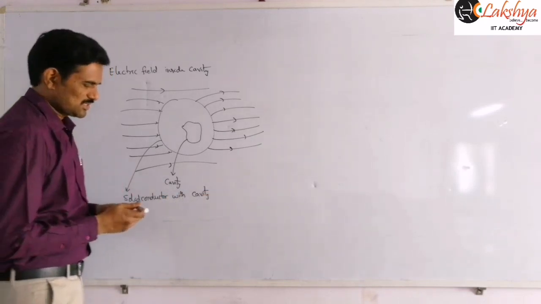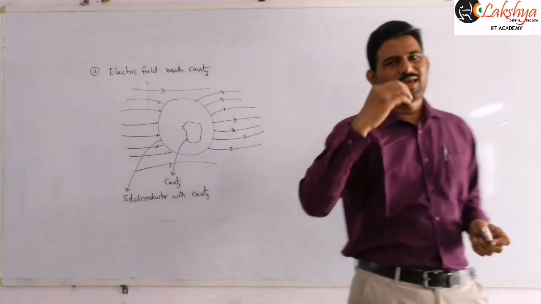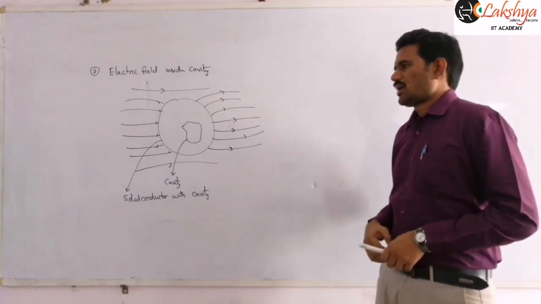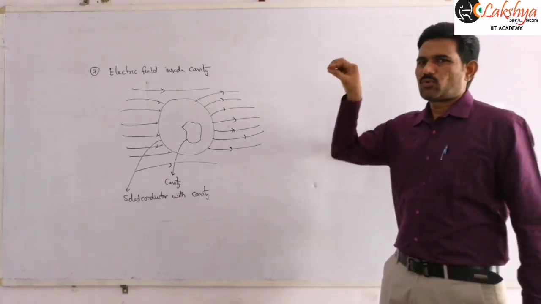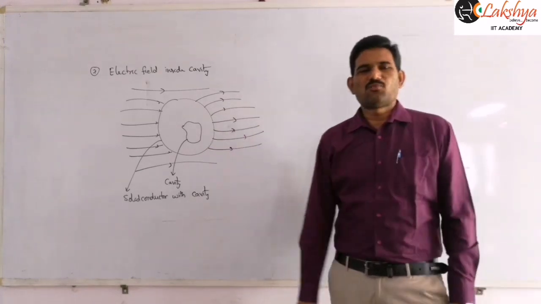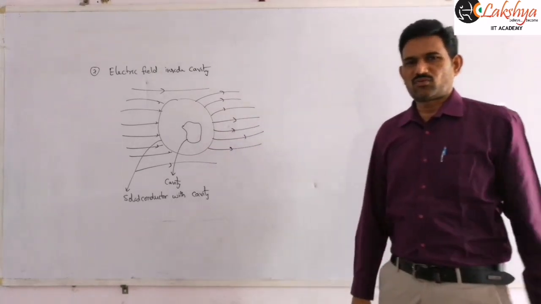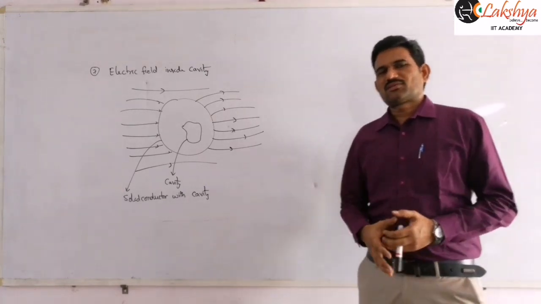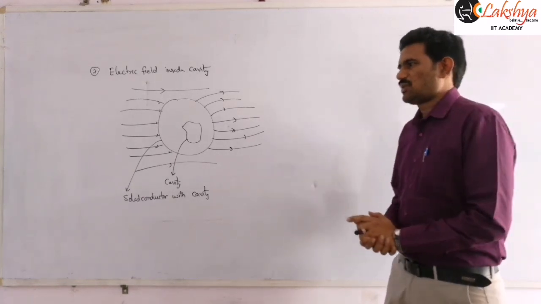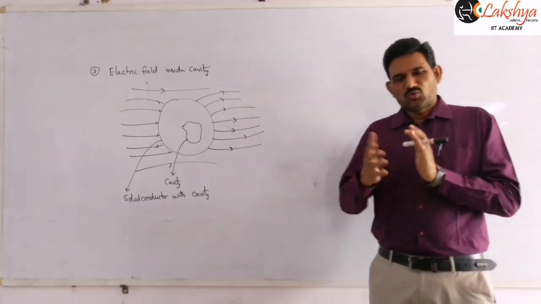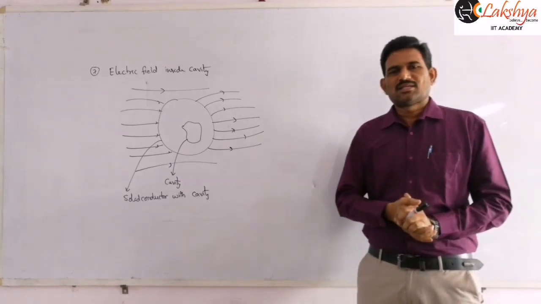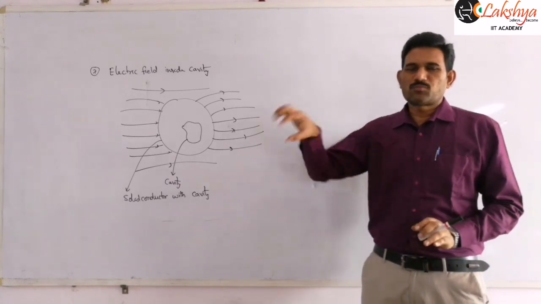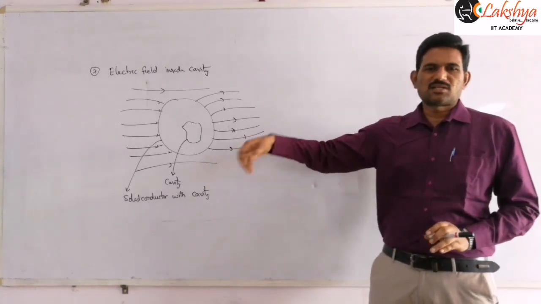That means we are placing such a solid conductor with cavity in an external field. Now we are going to consider how this external field affects the cavity space, how much field will be there inside this cavity. In the previous property, we discussed that whenever you place a conductor in some external field, some induced charges will be produced in that conductor such that the net electric field inside the conductor is 0, right? So now what about the cavity? If a cavity is present inside that, then what about the cavity?